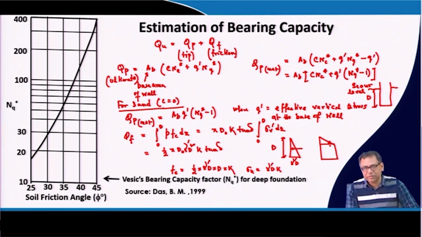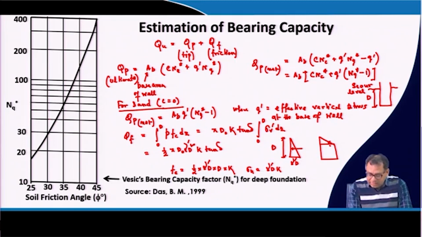So, this type of distribution will not occur, because the grip length portion of the well will be always below the water. So, here we can directly use this equation by considering a triangular distribution, and we have to consider the effective unit weight. That means, if it is below the water, then you have to consider the submerged unit weight, which is gamma sub or gamma dash. So, this way we can calculate the friction resistance and the tip resistance for the well,